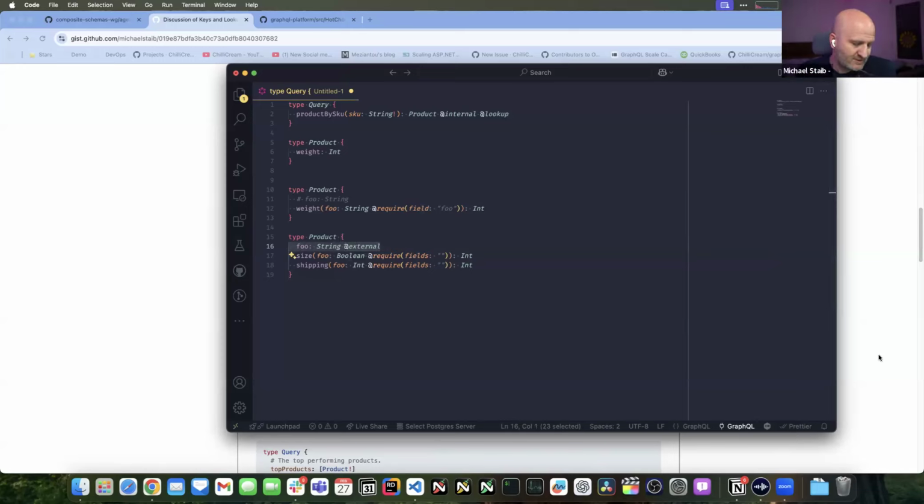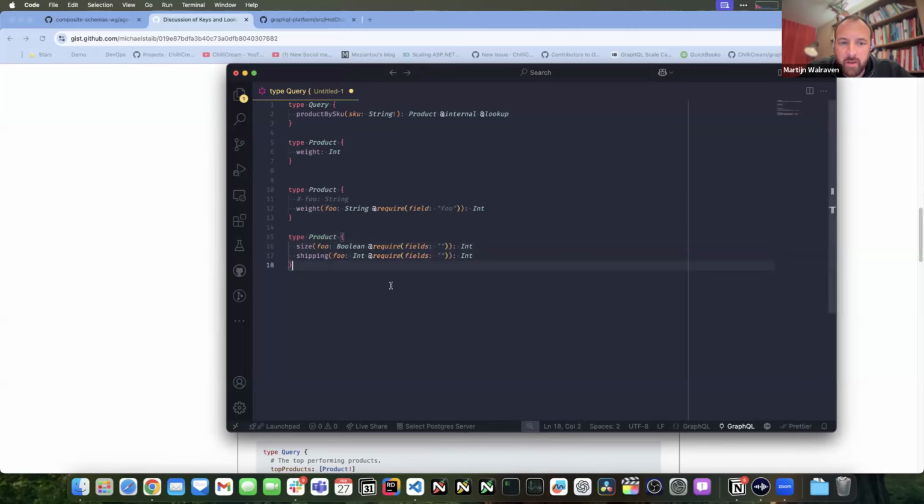Because one thing we could also do, this is validatable on a subgraph level. The moment you have 2 different requirements of the same field, it's a subgraph level error. Sure, but the way you would define and implement these validation rules is a lot more complicated because you now have this weird intermediate state where you're basically calculating the expectation that the foo field of product is of a certain type on the fly.